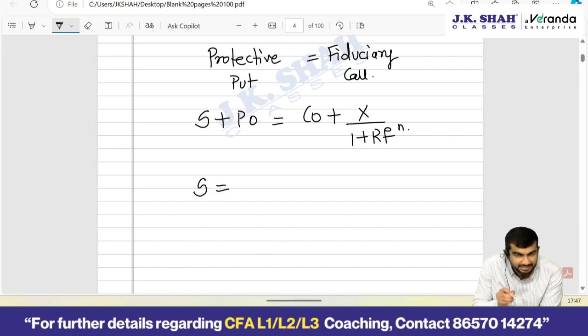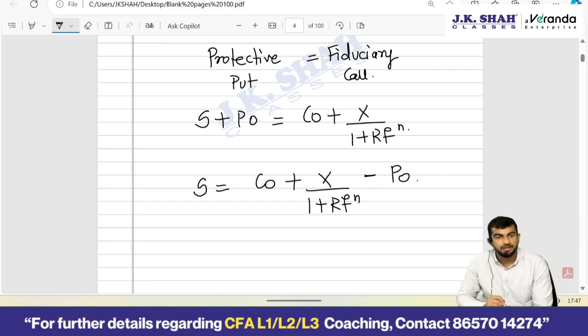Keep stock on one side, transfer everything else on the other side. So if I want to go long on a stock, what will I do? I will go long on a call, I will short a put and I will go long on a bond. But if they ask you such a question,